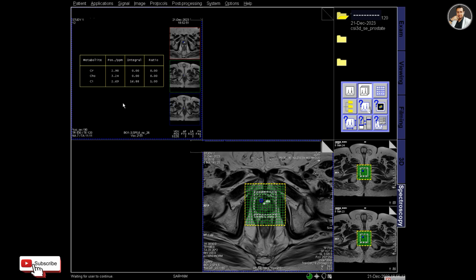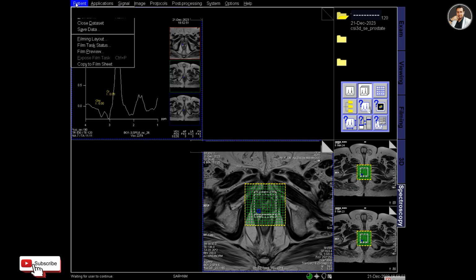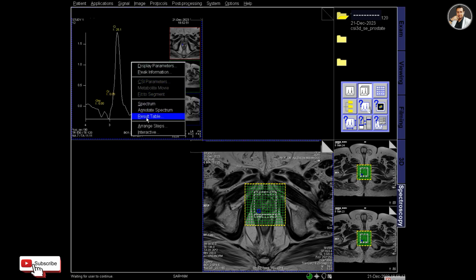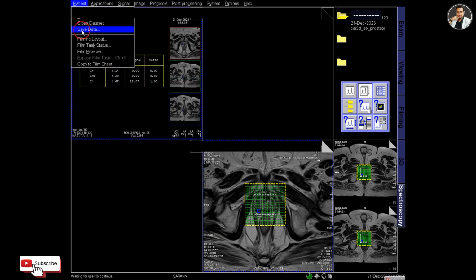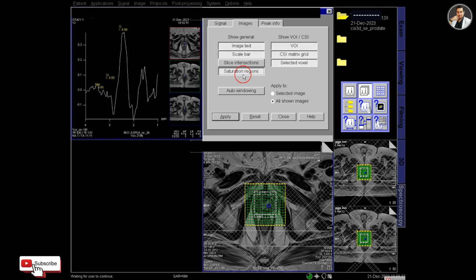So this is the second pixel that I chose for MRS, and then select another pixel from the voxel matrix, and then save this graph for this pixel, and open the table for this graph, select citrate, and save the table, and then select another area inside the prostate, and see the graph where the graph looks good with a citrate peak.